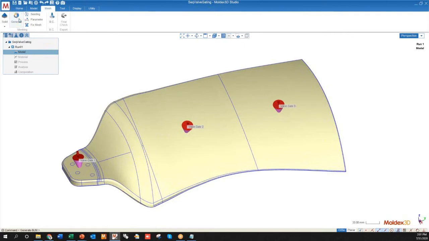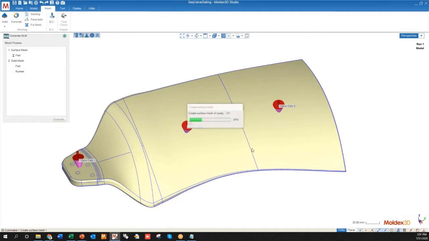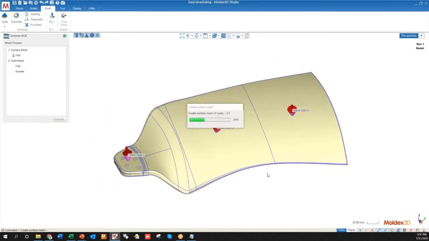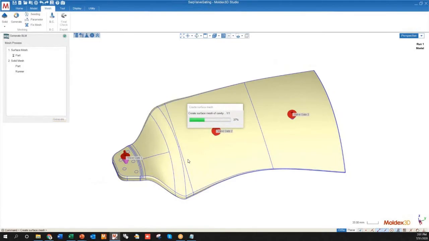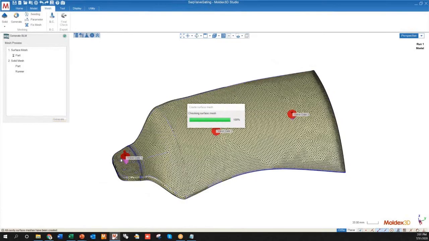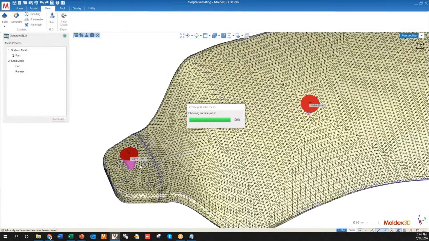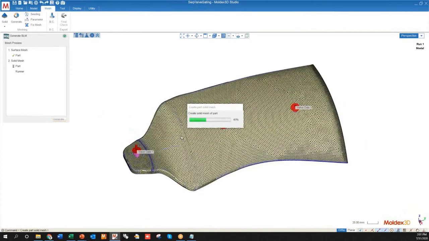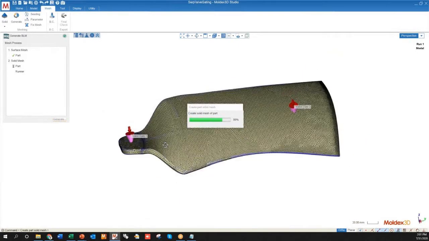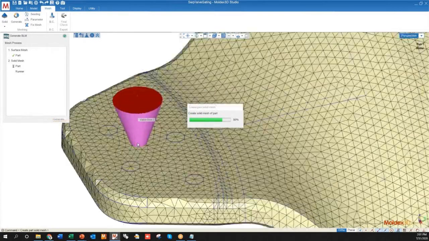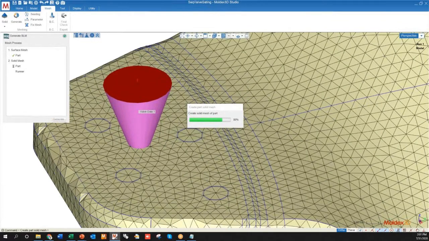All right, so I'm going to go ahead and generate the mesh here, and I'm just going to click generate and generate once again. That will allow me to boundary layer mesh my part, and then it'll allow me to create the solid mesh for my gates. Now, very importantly, the mesh is going to be refined around the gates, and we'll see that as the runners are generated here. The mesh will refine around the gates to